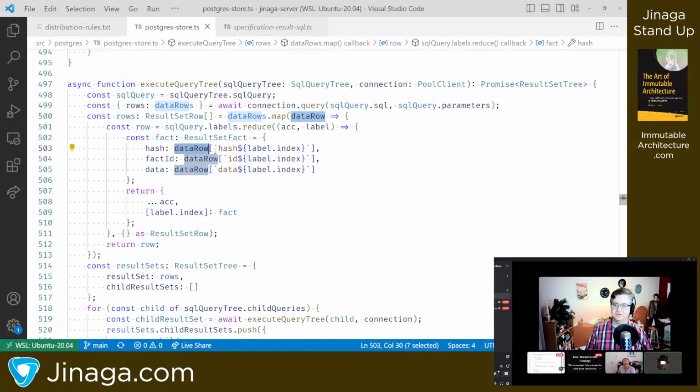So I was putting together these property names further away from the actual execution, and I decided I wanted that to be a bit more type safe. So part of the refactoring, I said, okay, right after I execute the query and I've got the rows, I'll pull apart all of the hash, fact ID, and data properties from each of those rows and put them into something that's type safe.